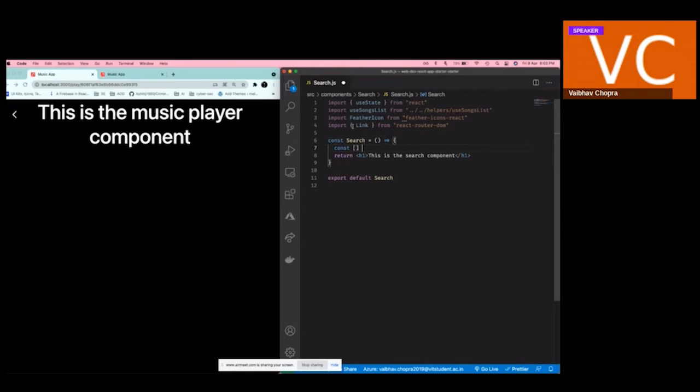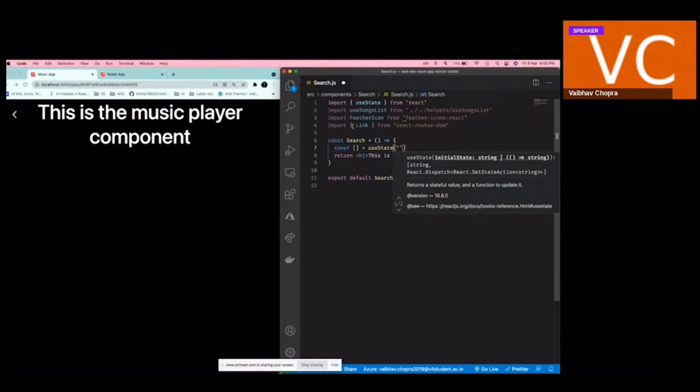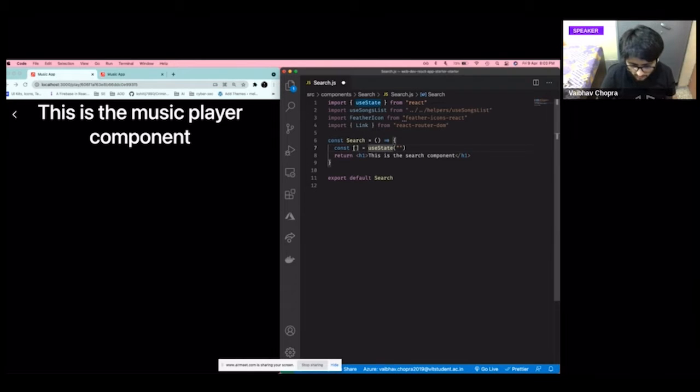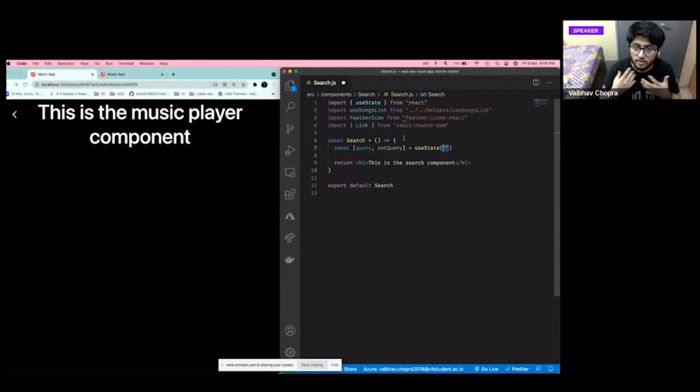So remember I said that we will be having a query variable which will be passed to the songs list in the case of searching so that there is no problem. You can pass the substring of the song that you're searching for. So we'll get two objects from here, query and setQuery, right? This is my query. By default, the value will be empty here because by default, I want all the songs to be listed. But if you give me a substring, I will search based on the substring. That's why we only had one route in the Node.js API.